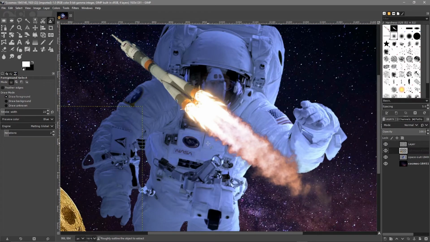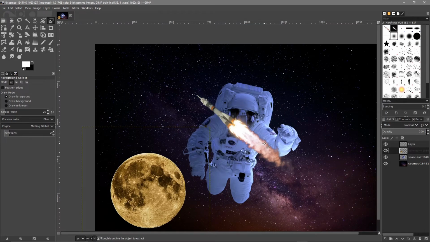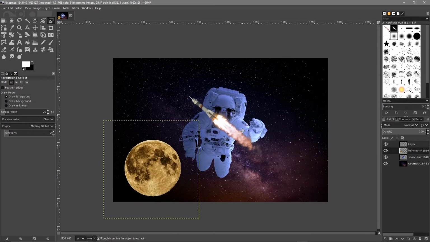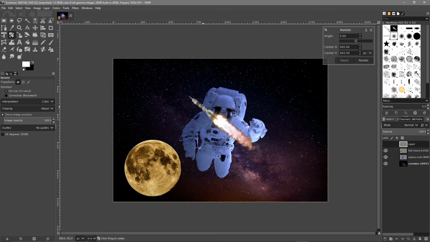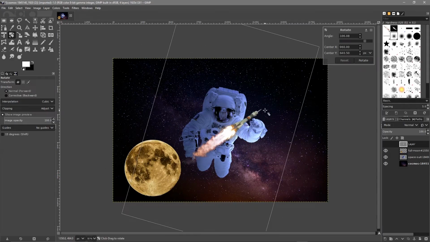Now we've got the spaceship there, right? So let's zoom out a little bit so we can see our canvas a bit clearer. We'll click on this top layer, which is the spaceship, and we'll click on the move tool, right? Now let's click on the rotate tool. Rotate, we'll click on the spaceship, and we want to rotate it around this sort of direction, something like this. And then we'll click rotate here,